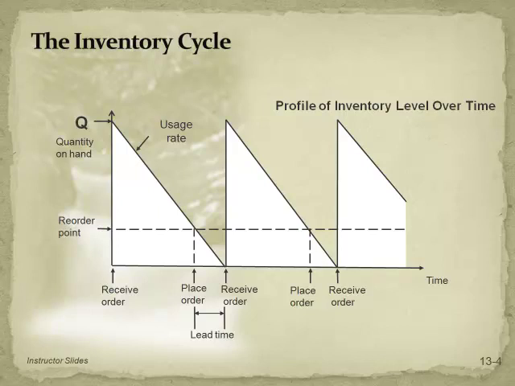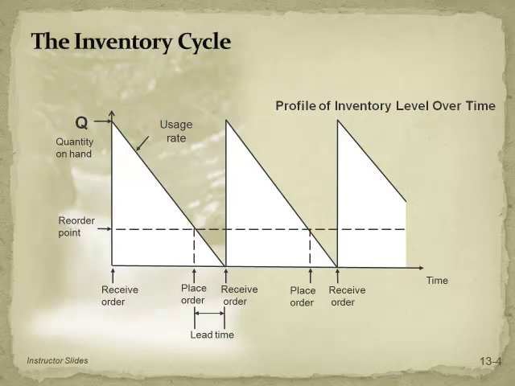And then finally, we reach a certain inventory level that we refer to as the reorder point. If you look at the vertical axis, you'll see the two words reorder point. So when inventory reaches this point, we're going to place a new order for a resupply. We place an order with our supplier, and we're assuming that our supplier is going to deliver in their standard lead time. And just as